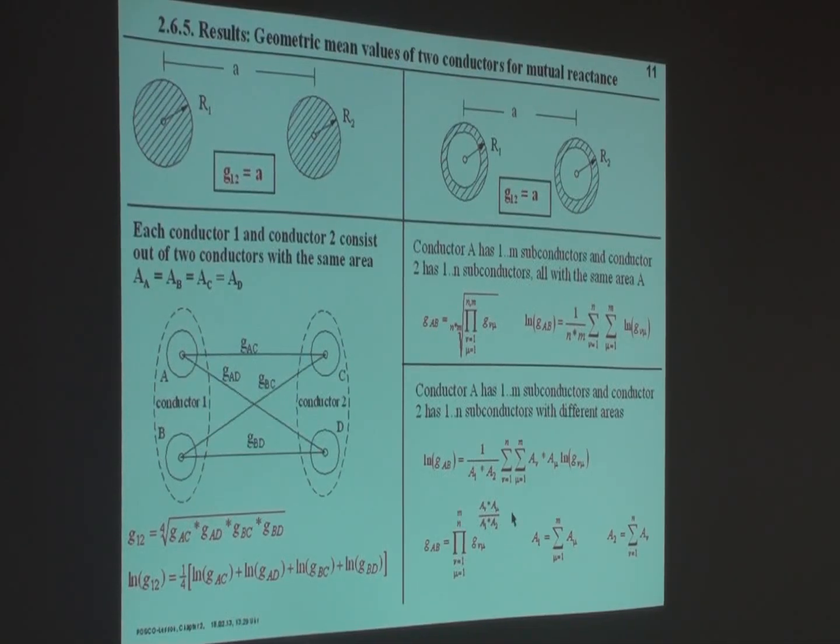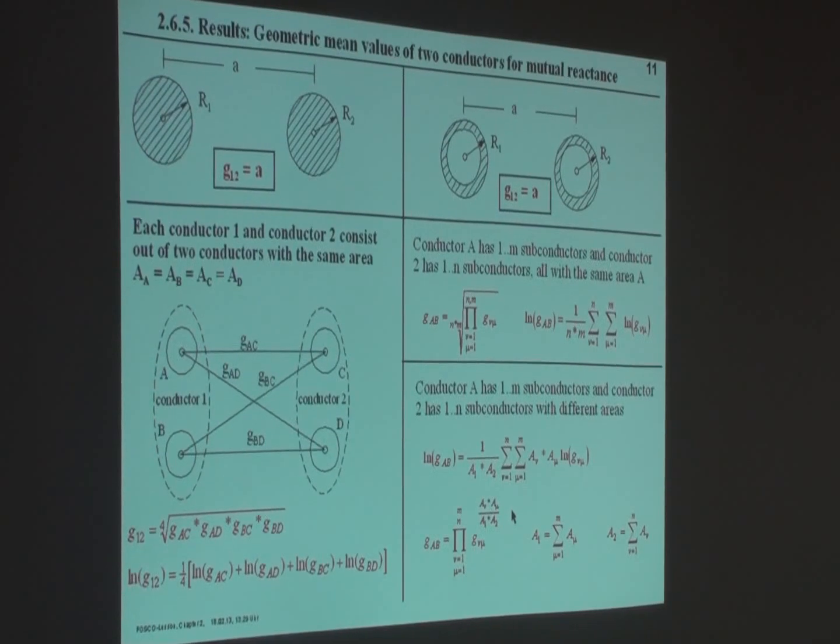But first we have to do some theory, and this theory is in reactance. If you want to calculate a reactance of the ERF, you have to use this formula. So, first,